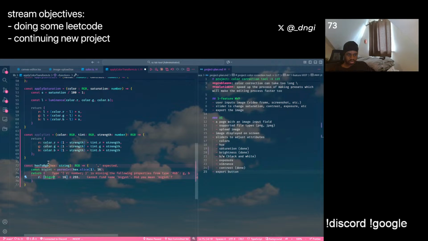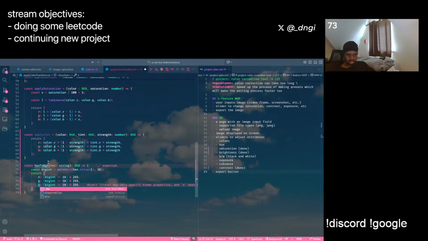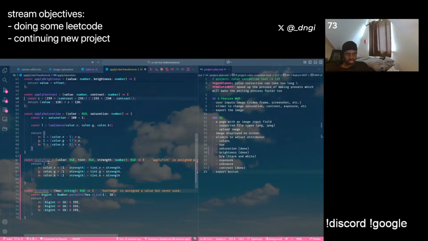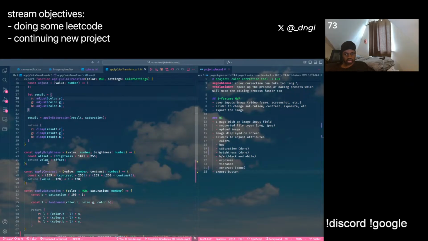That's its type. Okay, so here, when we're actually doing all our stuff, let's say